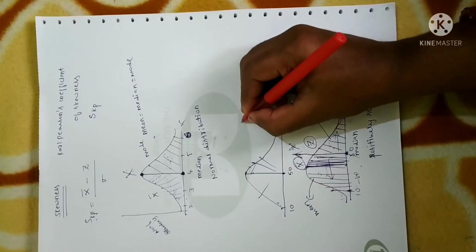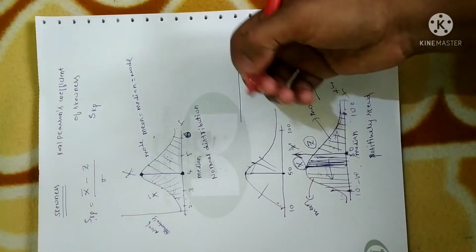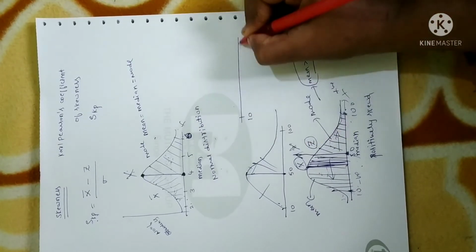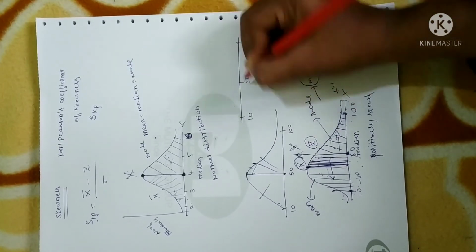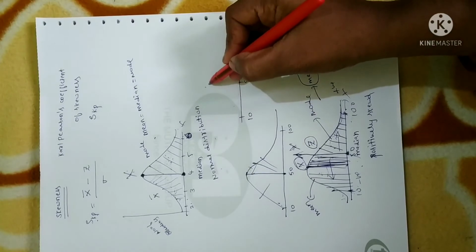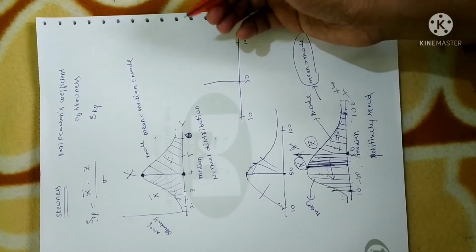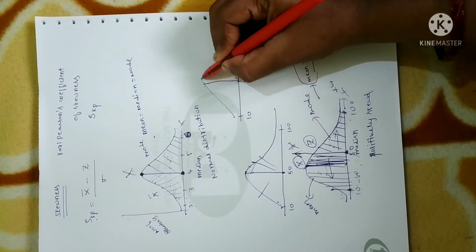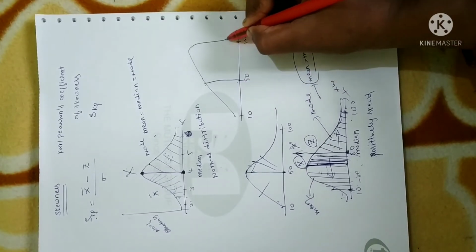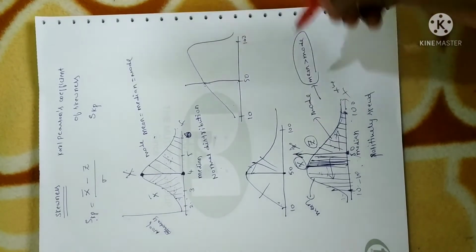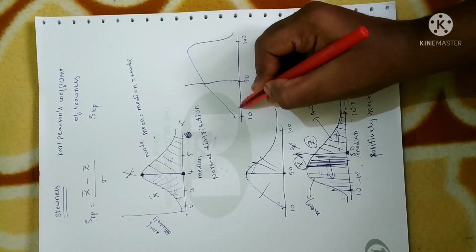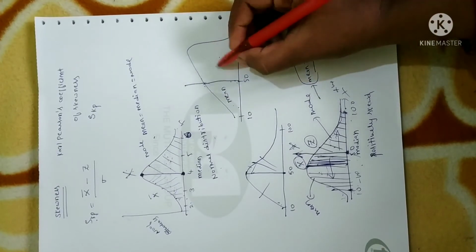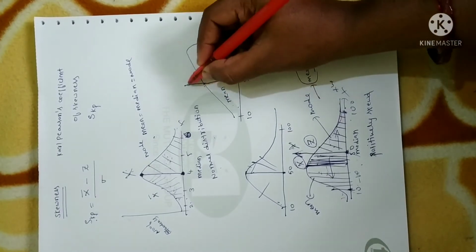Now let me consider one more case. Let me consider the marks scored by a particular student. Suppose I take it from mark 10 to mark 100. So 50 will be the peak value. That is what we call the central tendency, the central value, right? So if I write something like this. Now as I already said, this is the central value. Fine. So to the right side, what you are going to get is mean. Right? To the left side, what you are going to get is mode.